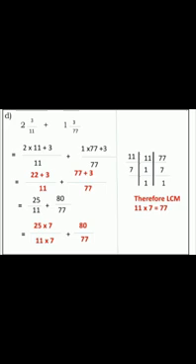Now the first fraction, that is 25/11. With what are you going to multiply the denominator 11 to get 77? Yes, you are going to multiply it with 7. So this 7 also has to be multiplied with 25. So 25 × 7 over 11 × 7, plus 80/77. Now here the denominator is already 77. So if you multiply it with 1, you are going to get the same fraction.